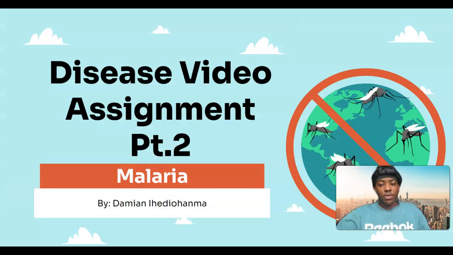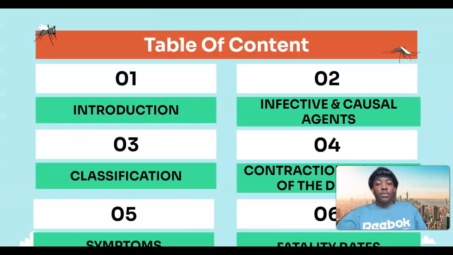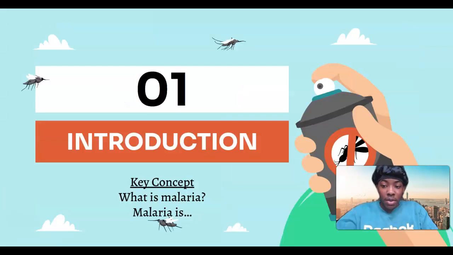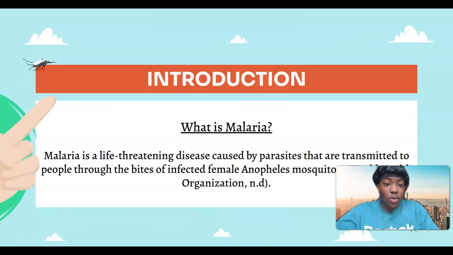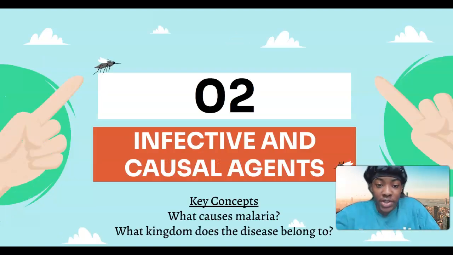Now moving on to the second, which is malaria. So yeah, it's basically the same concept I'll be talking about. The introduction: what is malaria? It's a life-threatening disease caused by parasites transmitted to people through the bites of infected female Anopheles mosquitoes, according to the World Health Organization. So now the infective and causal agents,